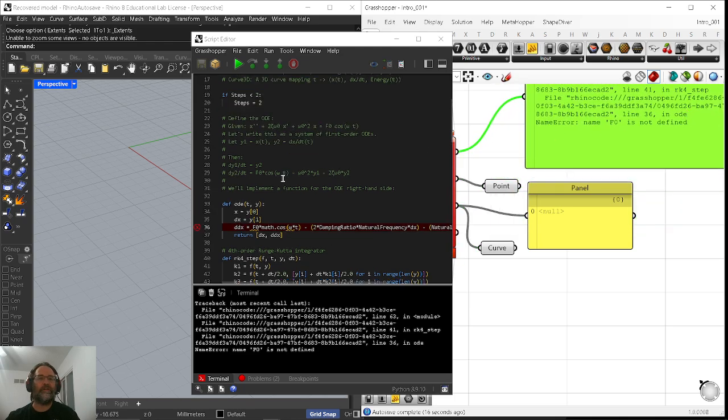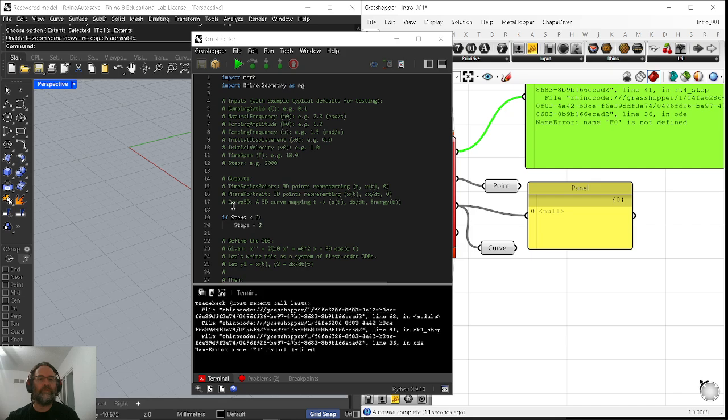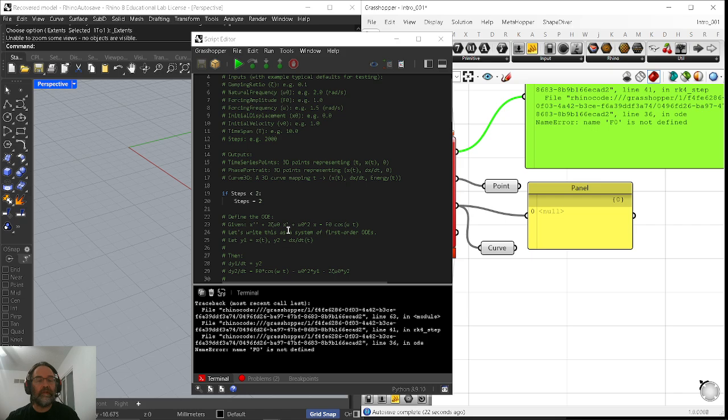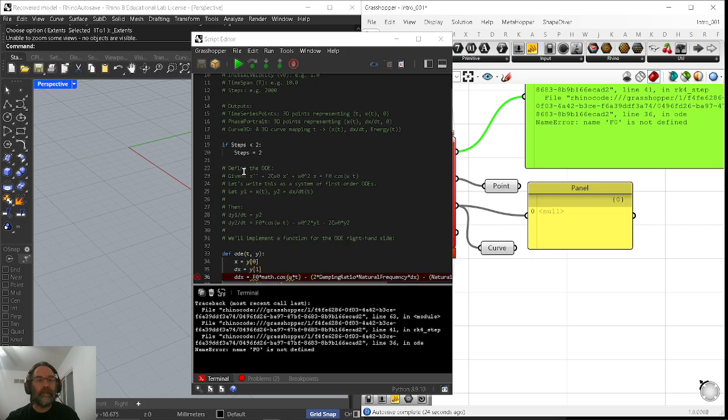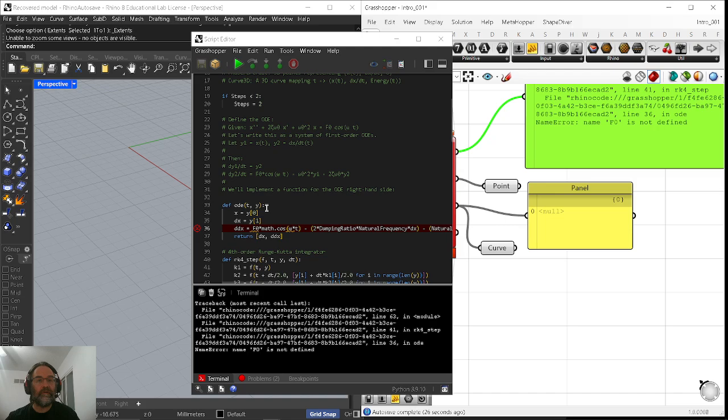FO is not defined, so we have more variables. Time phase, and so on. So it wants FO defined. So we might have to